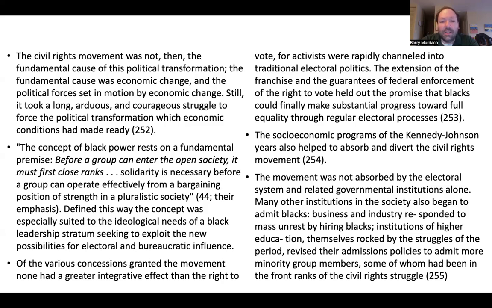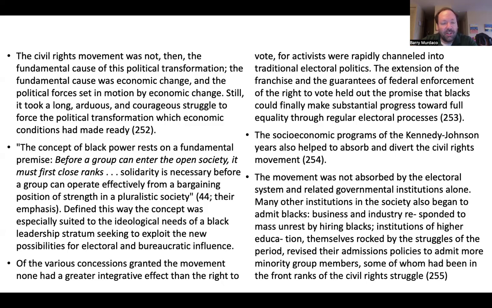So in many ways, the industrialization of the South, the rise of the United States into a global superpower, even the Cold War. Many people had pointed out that the United States is involved in this conflict with the Soviet Union, talking about how it's the free world and all this other stuff, and trying to draw a sharp contrast between itself and the Soviet Union. It became kind of embarrassing for U.S. leaders on the world stage to think that a good chunk of the country was still living in this antiquated racial caste system, basically.